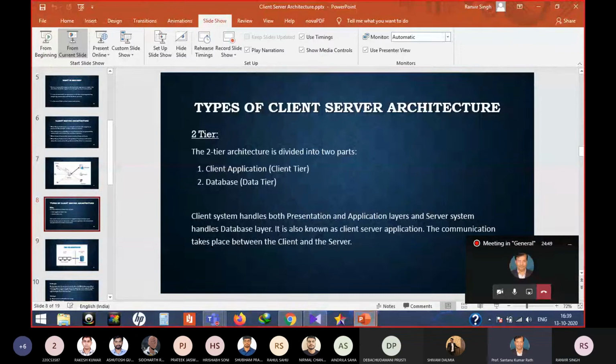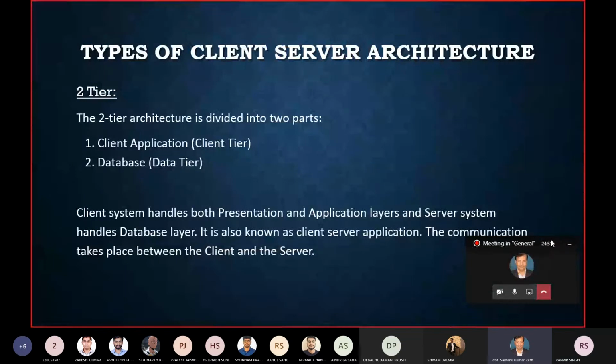Okay. So Ranbir, always divide the slide into two halves. First half text, right hand side some picture or figure, in order to make the slide a little bit interesting for the viewer. Only text doesn't attract the attention of the viewer.